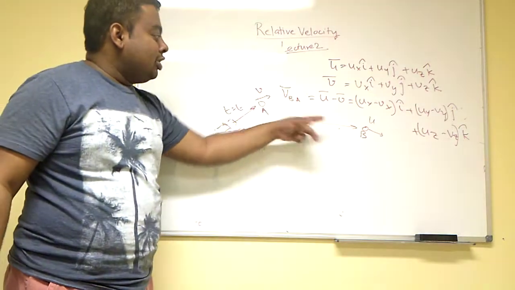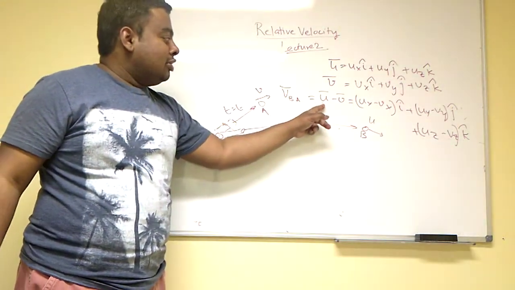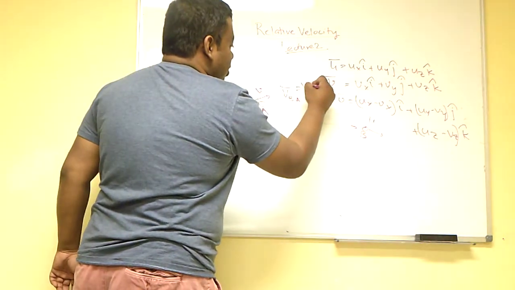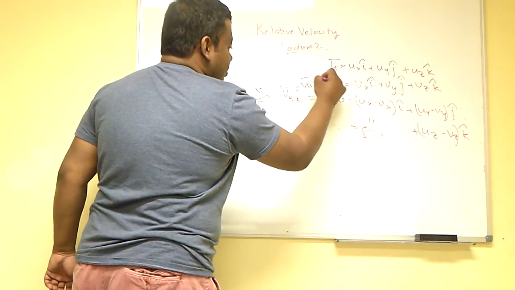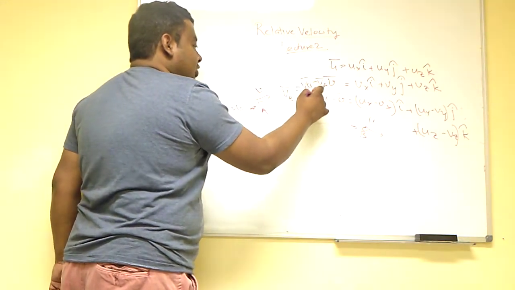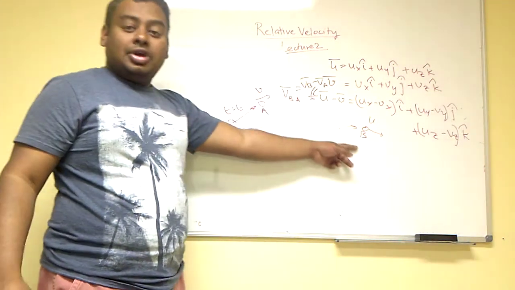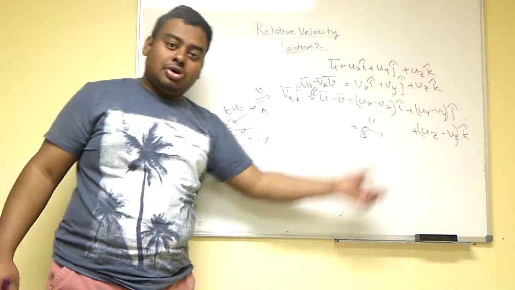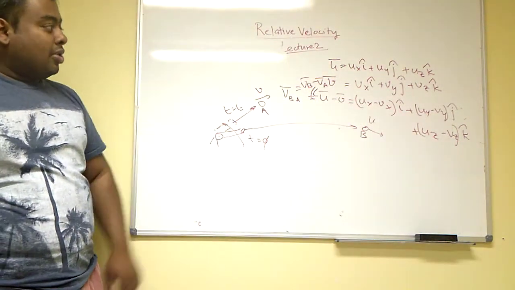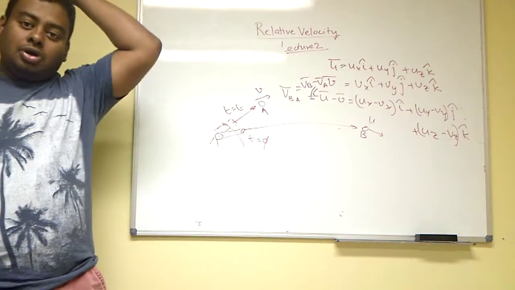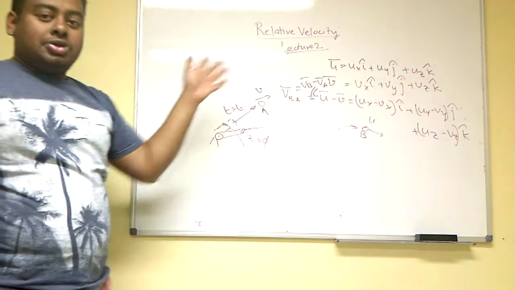V_BA, velocity of B with respect to A, is u minus v. So velocity of B minus velocity of A, which in turn is, since velocity of B is the u vector and velocity of A is the v vector, so that's how you are going to tackle this problem. I'm going to give you another minute to capture whatever is written on the screen